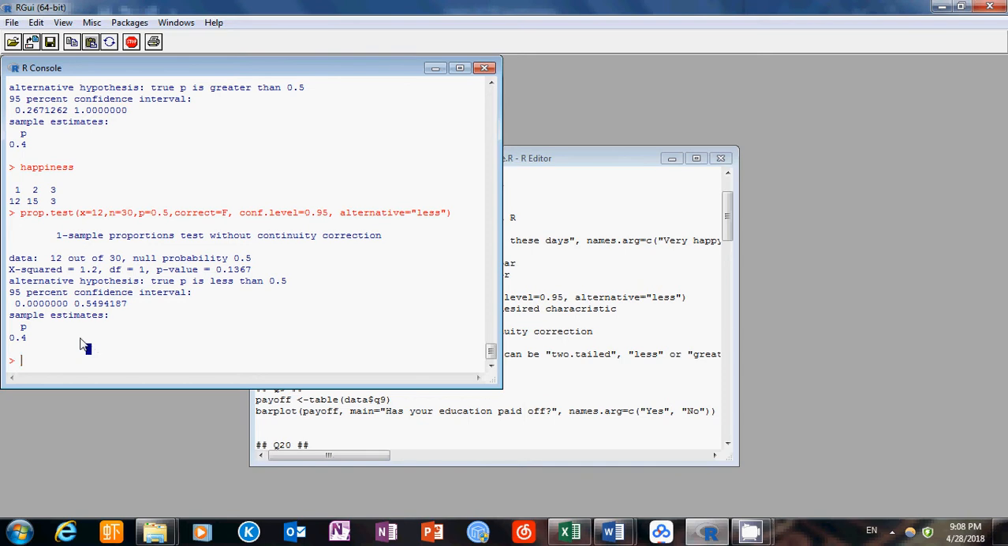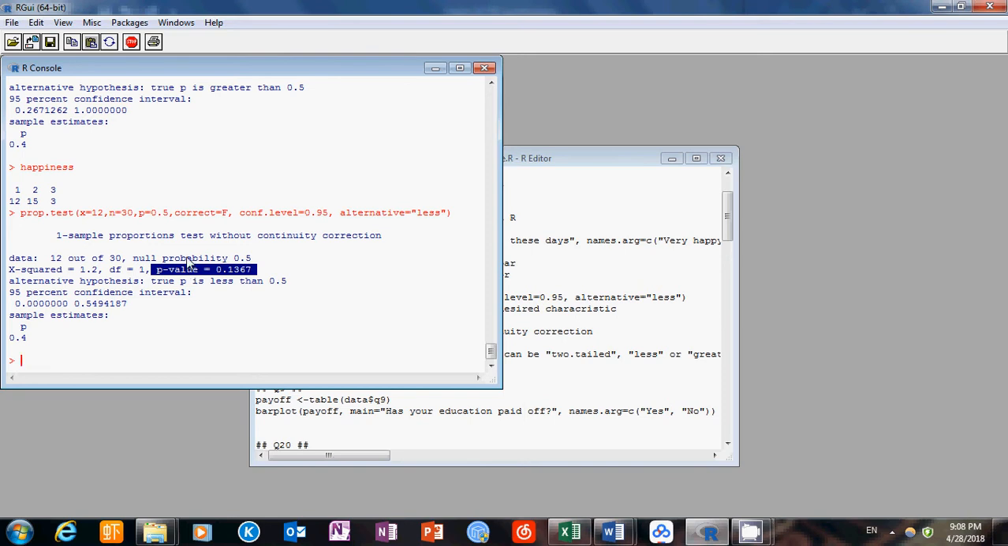And you can see here, we get the p-value. So the result will be shown in the p-value. So the p-value equals 0.1367. So it's about 13 or 14%, which is actually greater than 0.05, right? So we would not be able to reject the null hypothesis. And then we just conclude that there's no evidence to